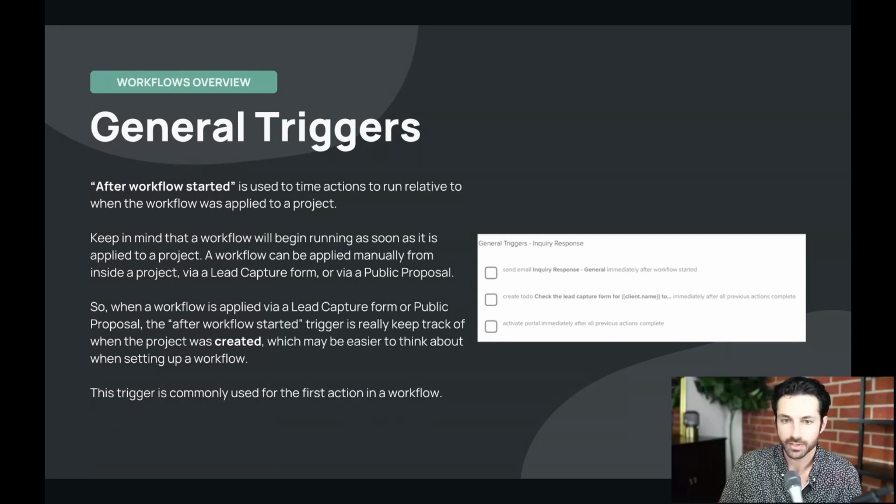So the first thing we have here is after workflow started. Again, like I mentioned, most commonly we'll see that happen at the beginning of a workflow. And then we have a create to-do action right here. This is going to be happening immediately after all previous actions completed. As soon as we talk a little bit more about all previous actions, we're going to come back here